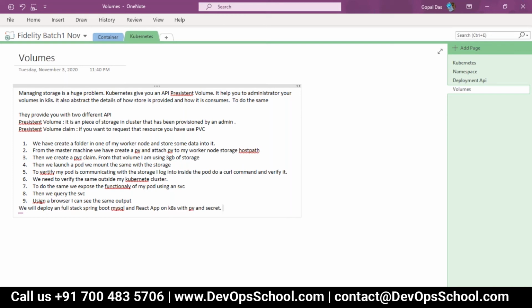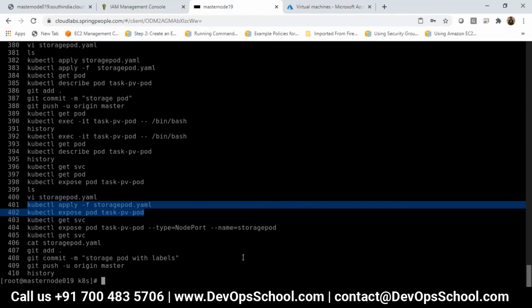To do the same, first, as we are deploying a MySQL database, I don't want to store the secret in a plain text format. I'll give a command kubectl. There is an option of creating secret. kubectl create secret generic mysql-root-pass from